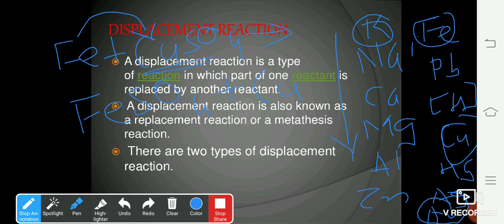Now, copper sulfate is blue in color, whereas ferrous sulfate is green in color. As I told you in the earlier class, please remember characteristics of chemical reaction, change of color. Here you can see blue color changes to green color and a brown colored substance is deposited, that is copper. So here we have seen as iron is more reactive than copper, therefore iron is displacing copper from copper sulfate solution. From where do we come to know which element is more reactive? This we can conclude from the reactivity series. So you have to remember the reactivity series to check whether the displacement reaction will take place or not.